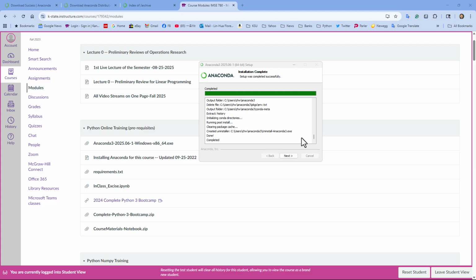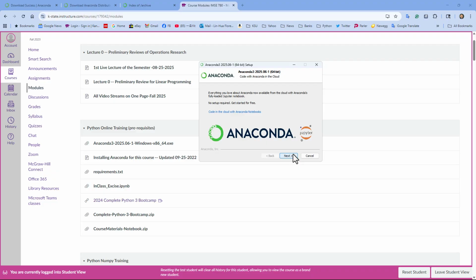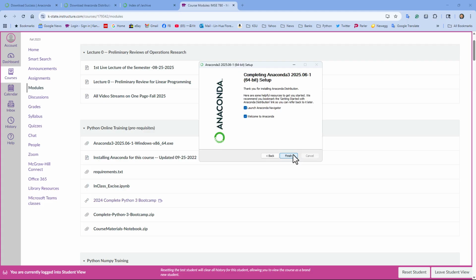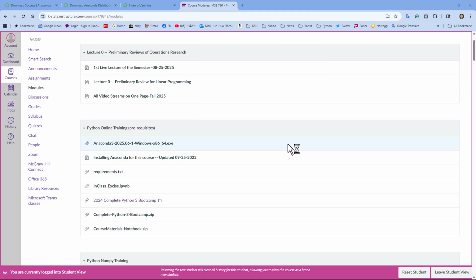Okay, after we see the installation is complete, next we're going to start configuring the Anaconda environments for different classes or different projects you may have for different requirements. I'm going to launch the Anaconda Navigator, and there will be a welcome to Anaconda page showing up